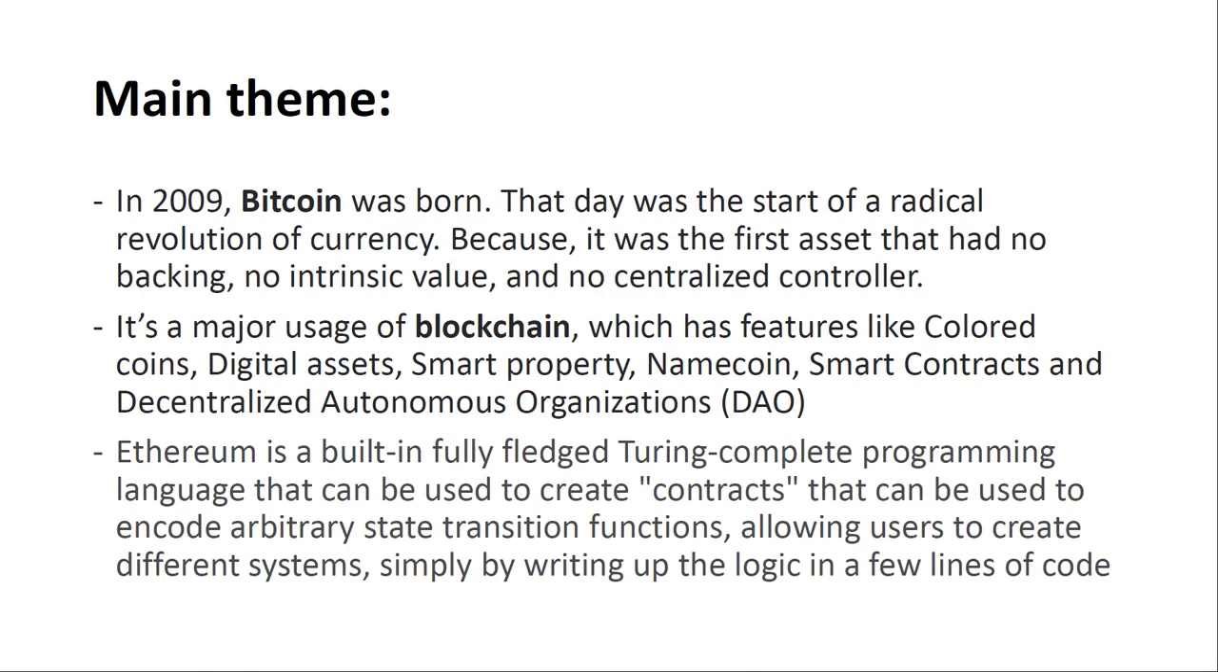So blockchain technology has some unique features like colored coins, smart property, Namecoin, smart contracts, and decentralized autonomous organizations. And Bitcoin is not using all of them,